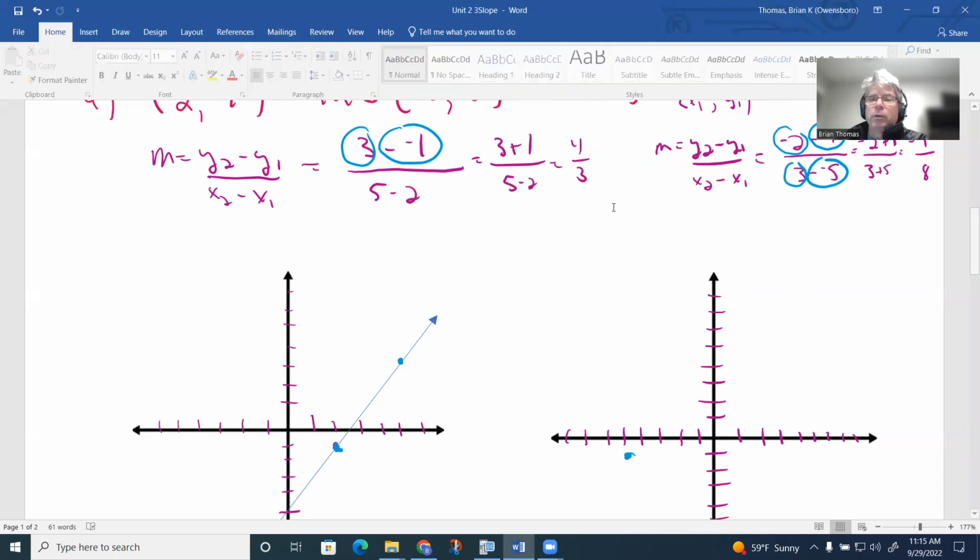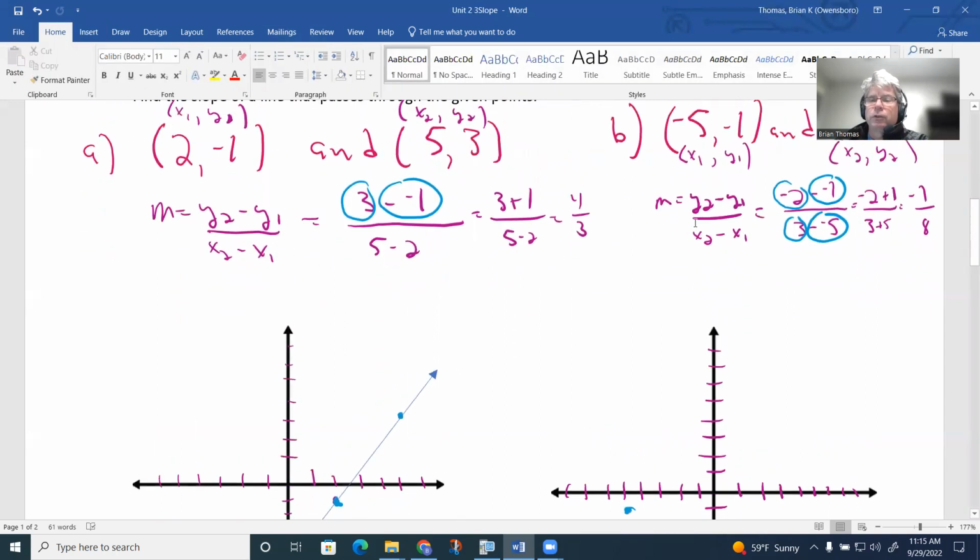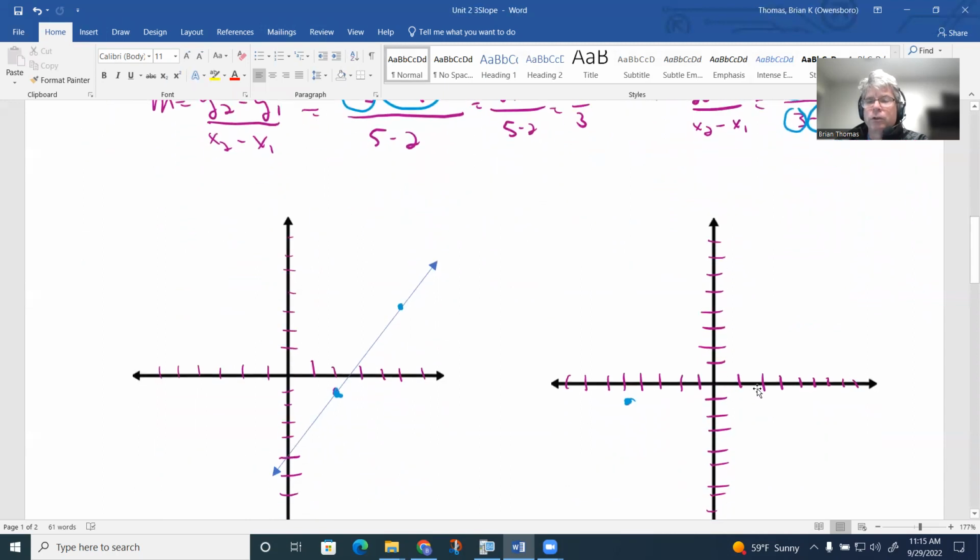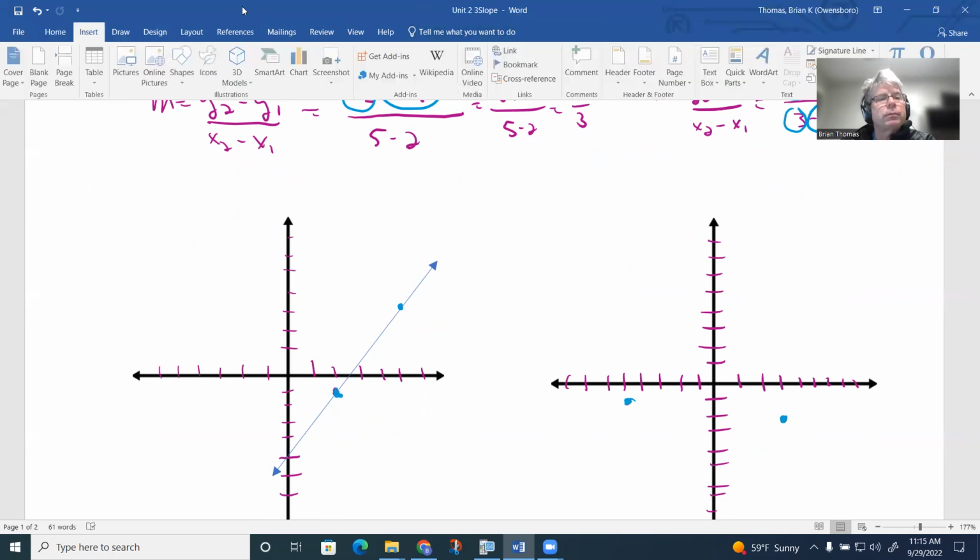So then the other ordered pair was 3, -2. So from the origin, we go 1, 2, 3, down 2. So 3, -2 would be about here. So if we draw our line passing through those 2 points,